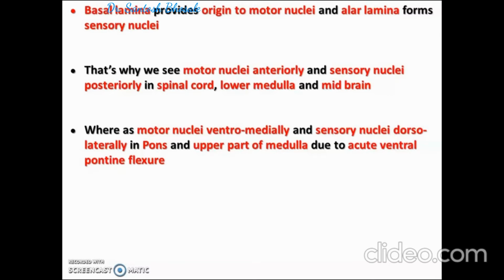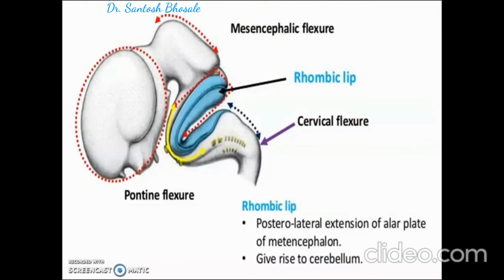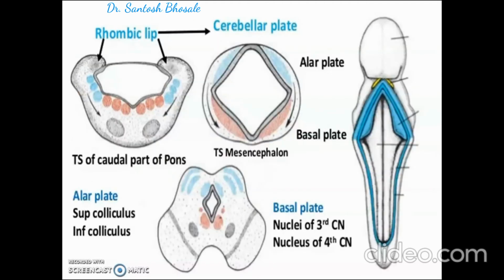lower medulla and midbrain, because they all have primitive neural tube-like structure, whereas motor nuclei lie medially and sensory nuclei laterally in the upper part of medulla and pons because of the acute ventral pontine flexure during the development. So you can see there the brainstem is undergoing a pontine flexure, so that alar plate is opened up. You can see here in the middle, here you can see the primitive neural loop structure, that is basal plate and alar plate, and you can see the basal plate is forming the motor nuclei and alar plate is